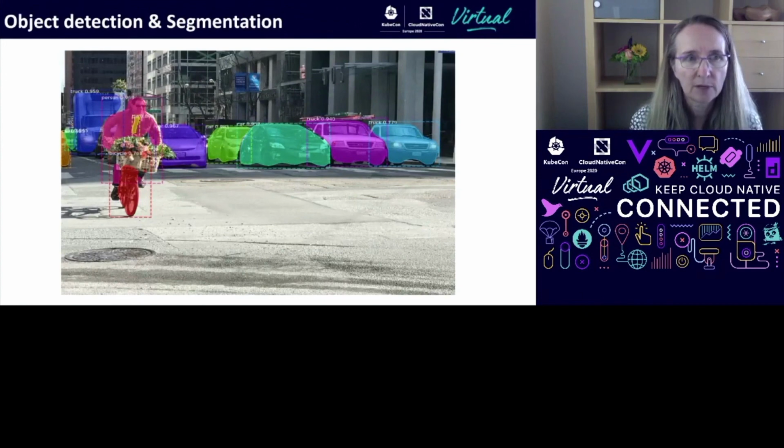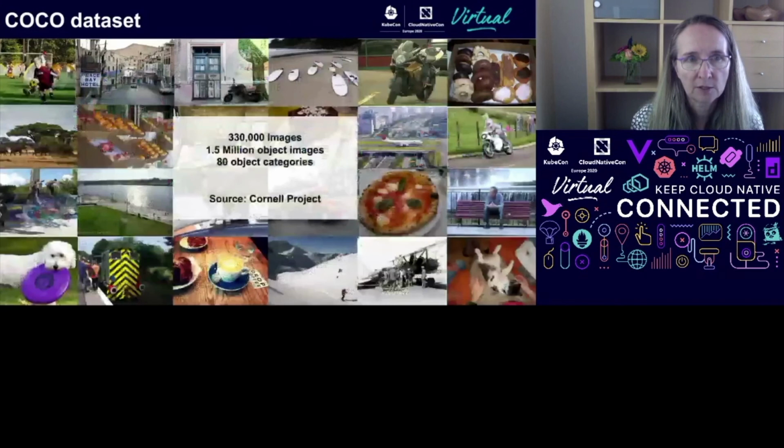So this is an example of object detection and segmentation. You can see that the objects have been detected and labeled, and the segmentation has happened also on the guy on the bicycle. These sorts of applications use things like the COCO Data Set, which we're using, and each year there are competitions to improve the state of the art in object detection and segmentation. So we just ran one of these benchmarks. Next slide, please.